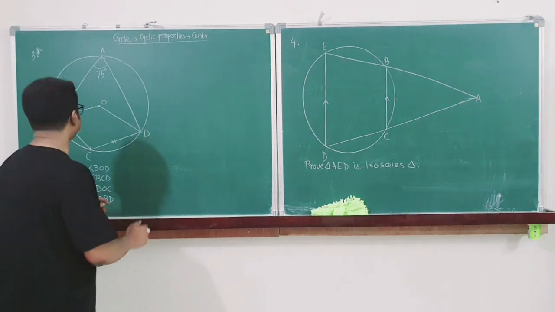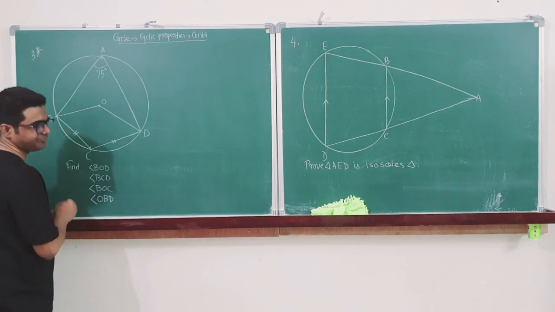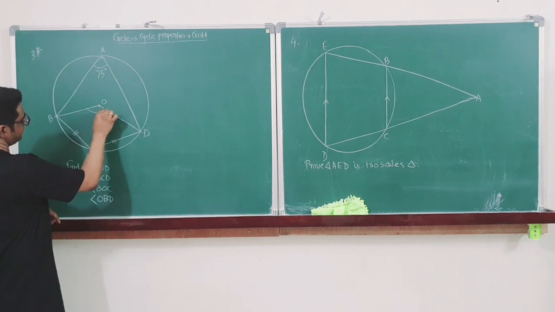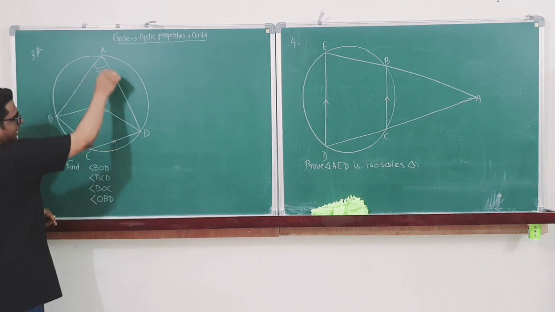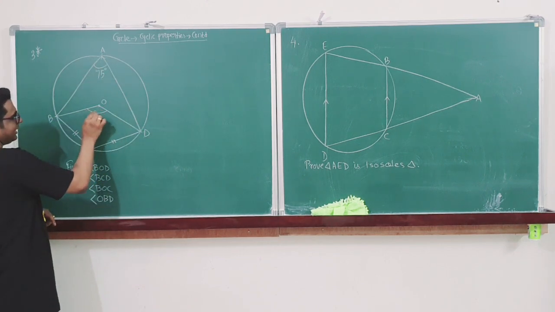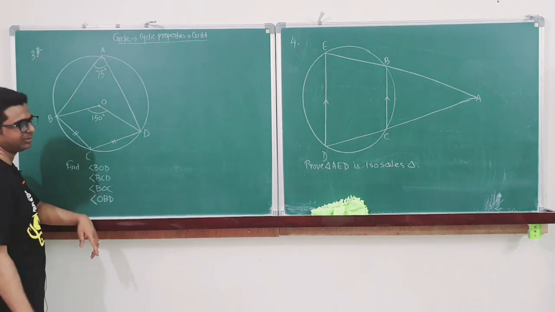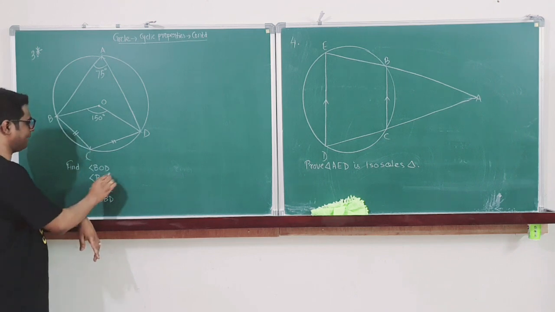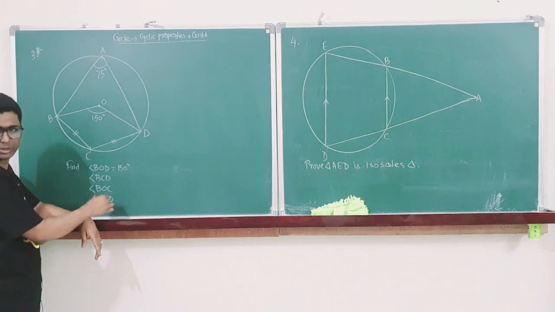Okay. In this problem, at first I have to calculate angle BOD, that is this angle. So this is pretty clear, this is 75, come to the circumference, go to the center, angle is 150 degree, double of the angle at periphery. Simple. Next, angle BCD. So this is 150 degree. I am not giving any statements at this moment.